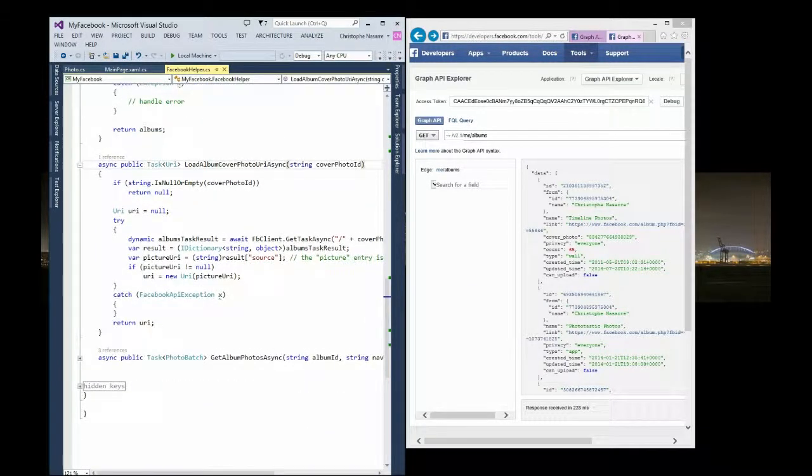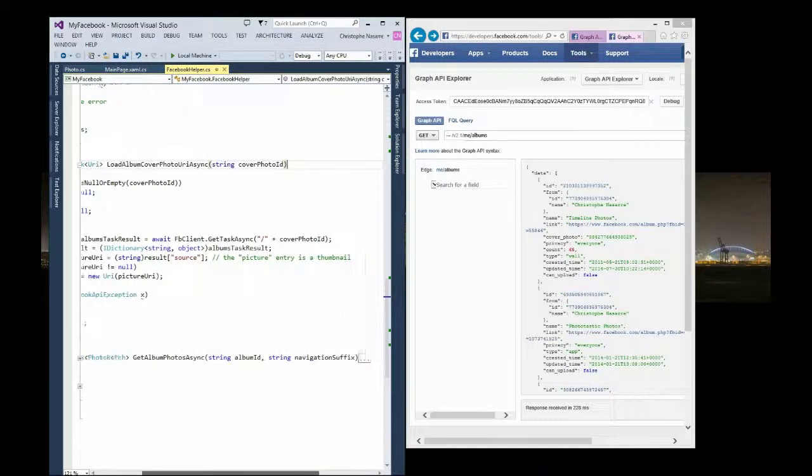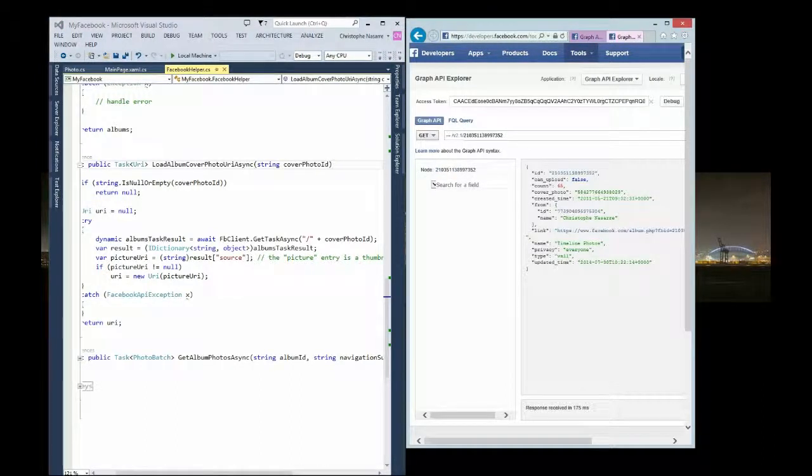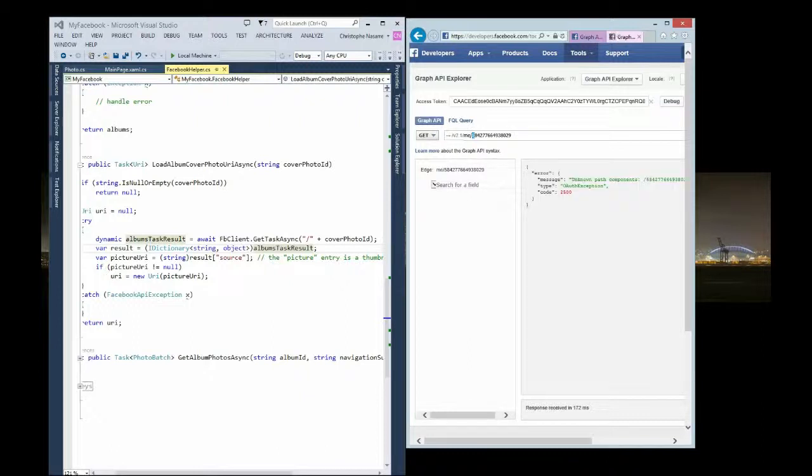Again, I'm asking Facebook to get the detail, so it's exactly the same as clicking here to get the details, and I get the information, and that way I will use the source information for the cover photo, which is this one. So let's see how you can get it. I copy the ID of the cover photo, me slash, oops, sorry, adding,